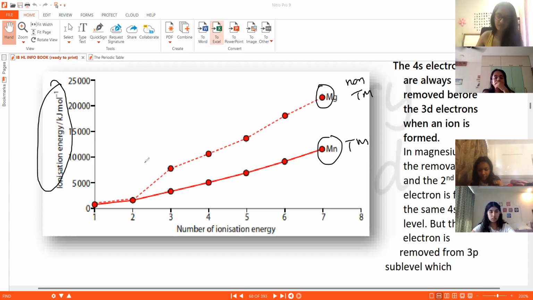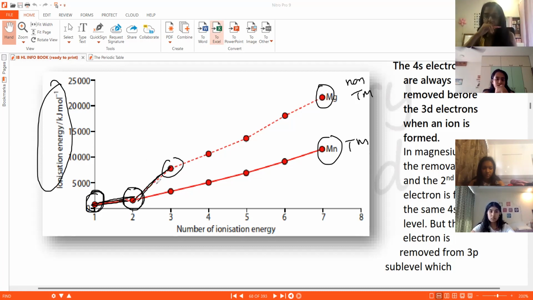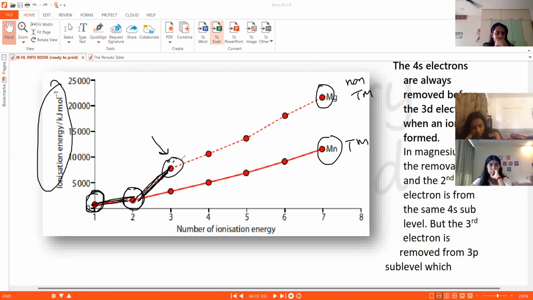The dotted lines are the ionization energies of magnesium. Here is the first ionization energy and the second ionization energy, meaning losing one electron and losing the second electron. The difference between the first and the second ionization energy is very small, a very small increase. But you can see that from second to third for magnesium is a very large increase. So it's difficult for magnesium to lose a third electron. Spontaneously, it will only lose 2 electrons, not a third electron.